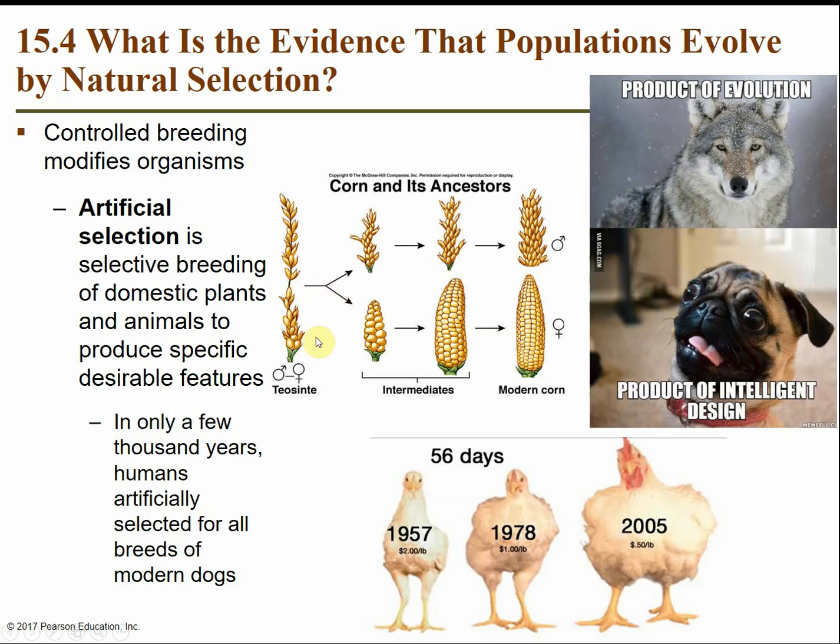Another example, looking at corn, so wild corn, very, very different from what modern corn looks like. So this is due to our selective breeding. So we're only going to save the seeds and plant next season of the plants that produce the most yield, the most fruits or vegetables. Same thing with chickens. So we have kind of artificially selected for rapid, massive growth of chickens. So in 1957, this was the average size of a 56-day-old chicken. 1978, right, they're a bit more bulky, and more modern, 2005, they are huge, right, like 3 times the size of the first chicken.